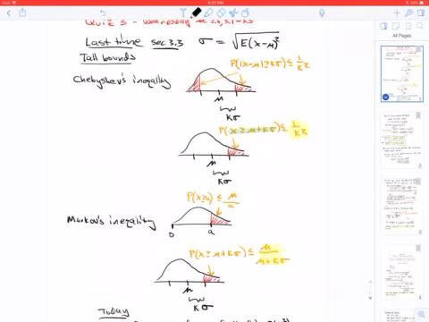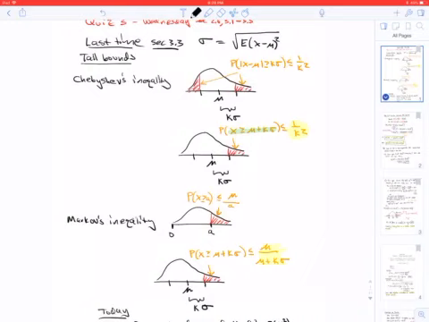We talked about tail bounds, such as Chebyshev's inequality, which is true for any random variable that has a mean and an SD, and it gives you an upper bound for the tails. It says that the chance of being more than k SDs from the mean is less than or equal to